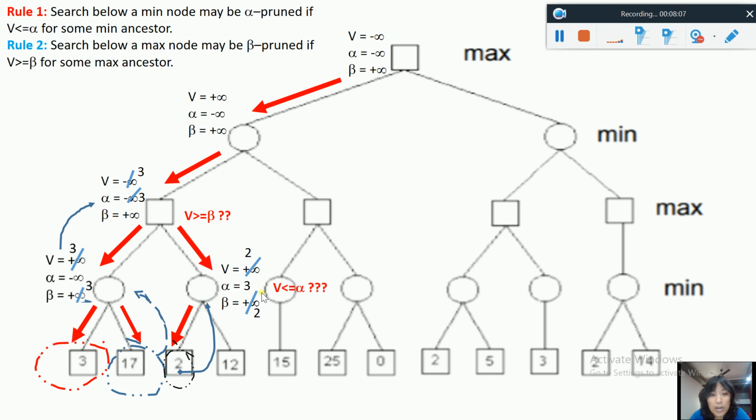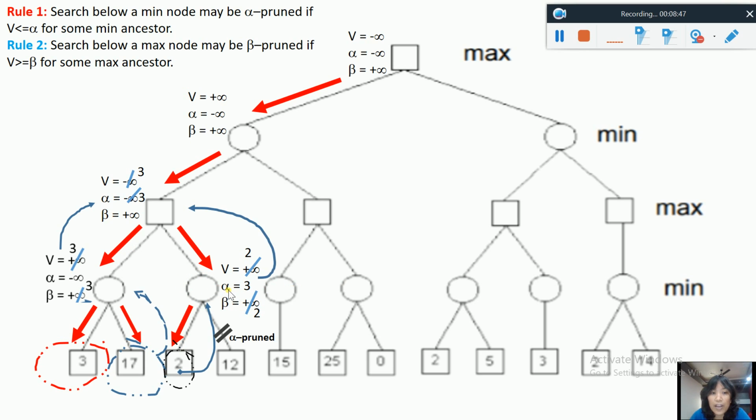So we have checked V is less or equal to alpha or not. So V actually is less or equal to alpha. So what exactly we will do? We will prune it, and such pruning is called alpha pruning, right? That is, there is not necessary to go beyond this child node, because we won't get any solution over there. So you all know alpha beta pruning is the modified version of min max, which basically avoids some unnecessary paths, right?